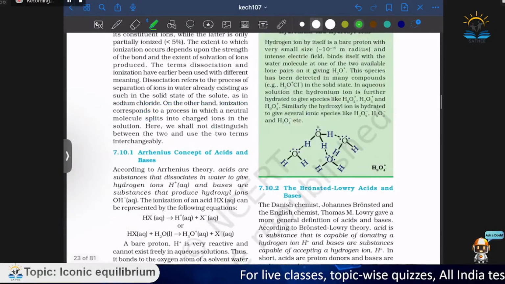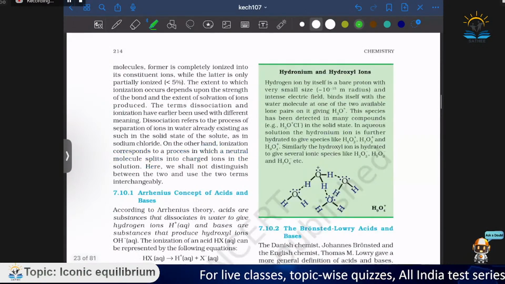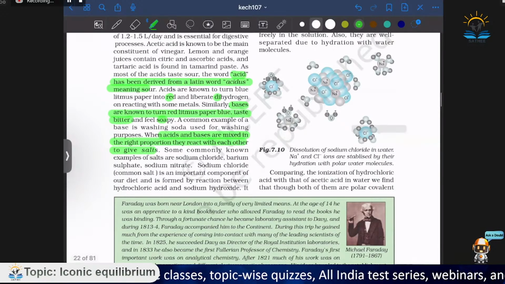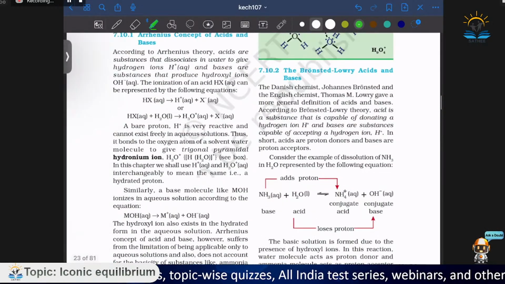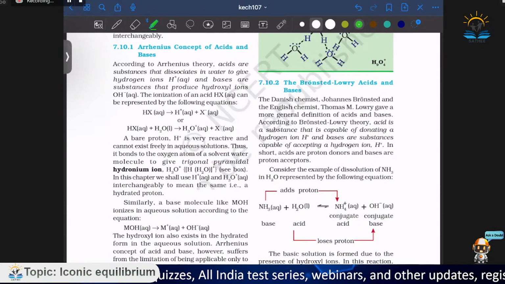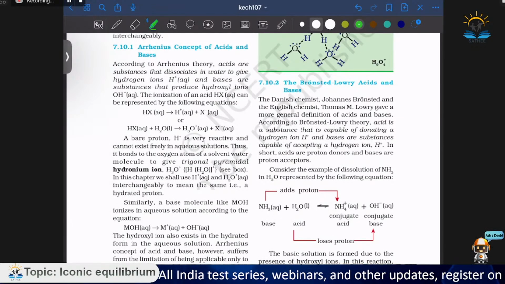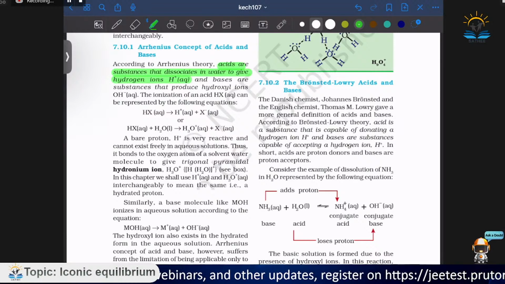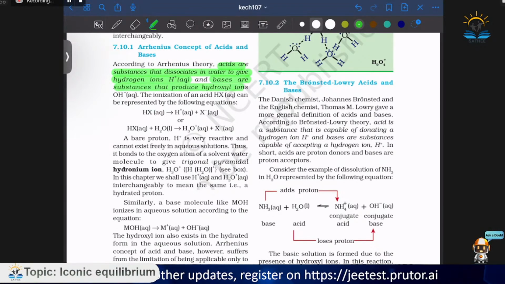Okay. So I hope all of you know the ionization and all, what is a strong acid and a strong base. Otherwise, I'll tell you a little bit later. We'll start with the Arrhenius concept. What does the Arrhenius concept say? It says that acids are those substances which dissociate in water to give hydrogen ions, and bases are those substances which produce a hydroxyl ion in aqueous medium. Okay, and they have given a